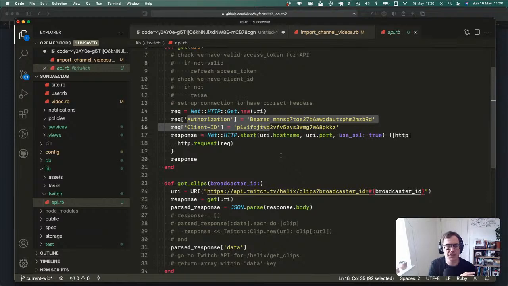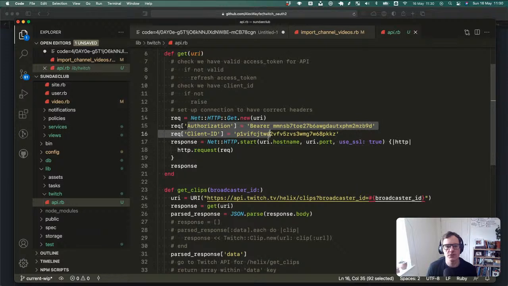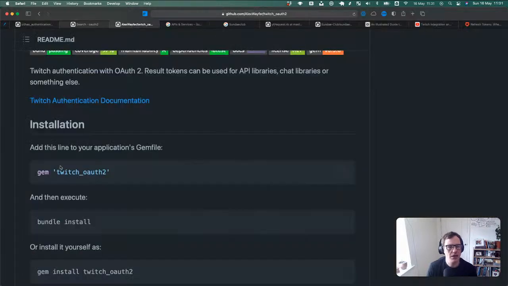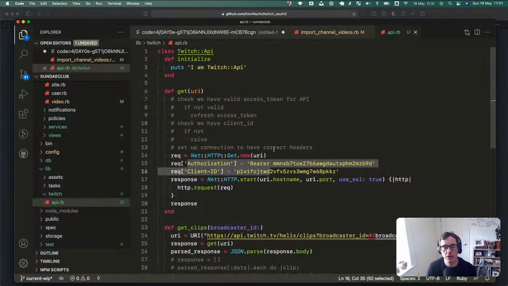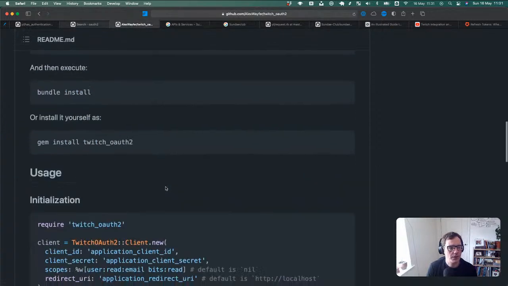Here's whatever we need, whatever we have. This was just the application token, but we could do the same process for Twitch and get a user token. So maybe that's what we could do next week, is get this gem working in this client library and get that flow running. That could be pretty interesting. So let's see.